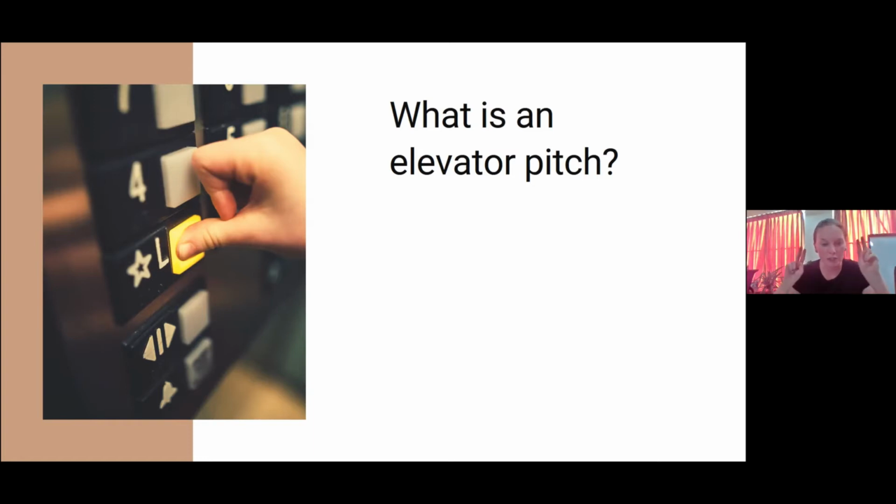And the expression elevator pitch, why elevator? Because the idea, and I think it comes from the States actually, let's imagine Monday morning, after the weekend, you come to the office and you enter a huge office building with many floors, and you are on the ground floor and you enter the elevator. And at the last second, before the doors actually close, your boss also sneaks into the elevator. And now you are going to the 4th or 5th floor.